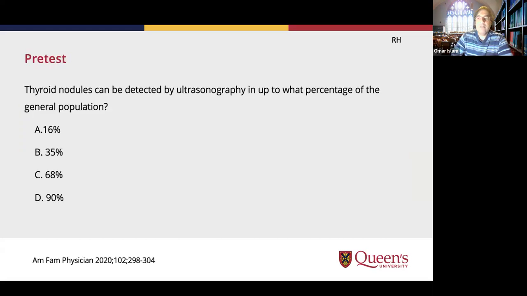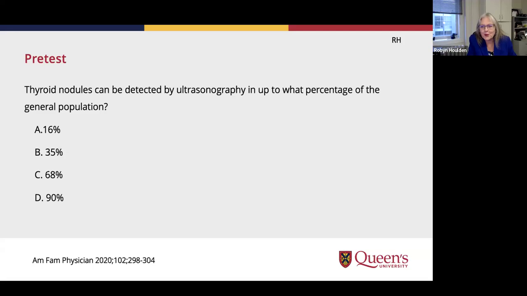So I'll pass it on to Dr. Robyn Houlden for the pretest. Robyn? Okay, here we go with the pretest. We have a bunch of questions. We're not going to give you the answers now, but we're going to repeat it at the end and you'll see the right answers. So the first question is, thyroid nodules can be detected by ultrasound and up to what